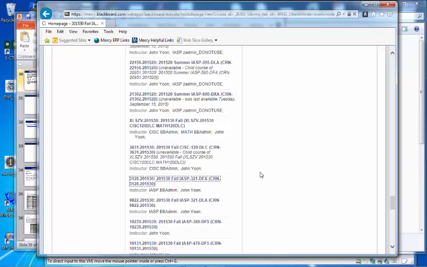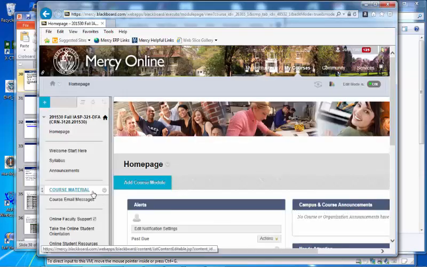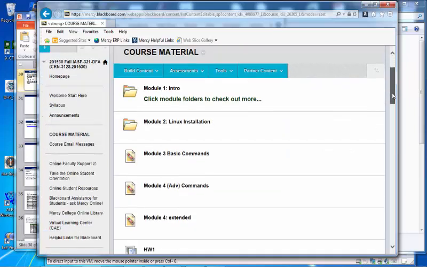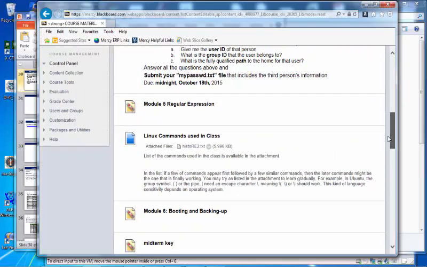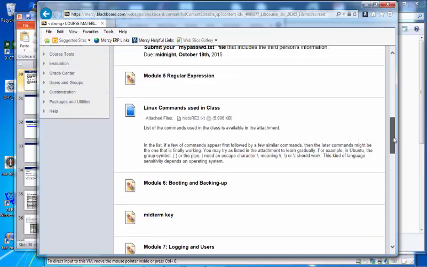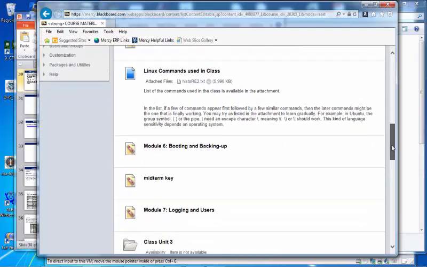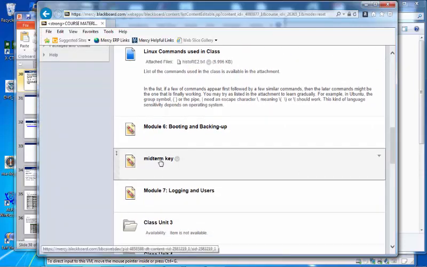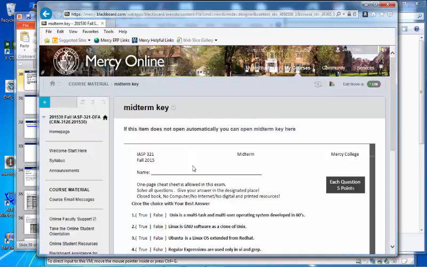If you go to your Blackboard, then you can see the updates. I didn't realize that I hadn't posted the course materials and the slides that we discussed last week, booting and backups. And there's a midterm key. If you click that midterm key, then you can see